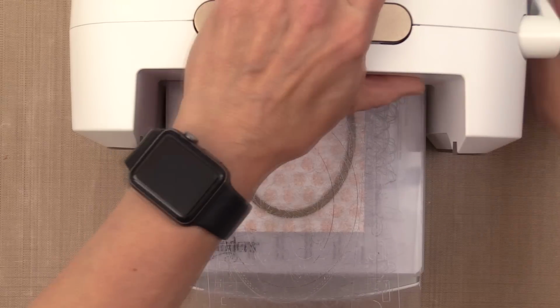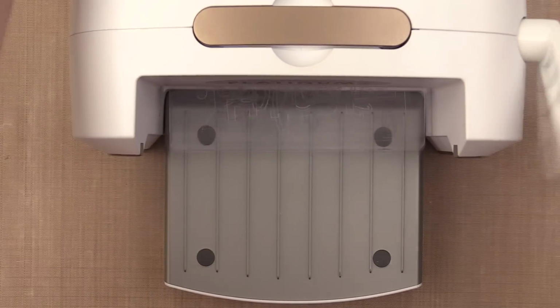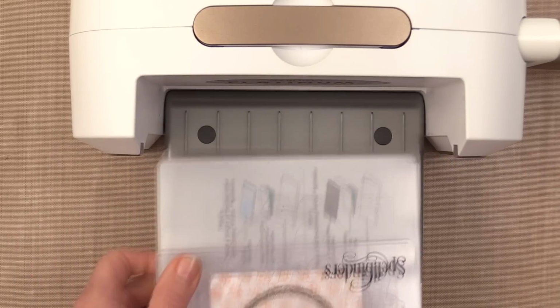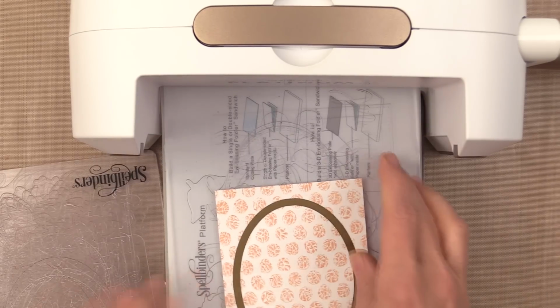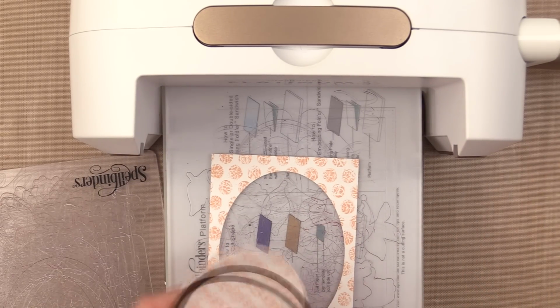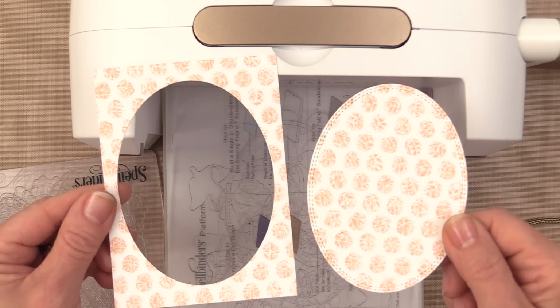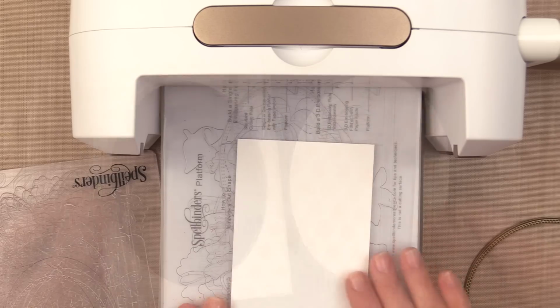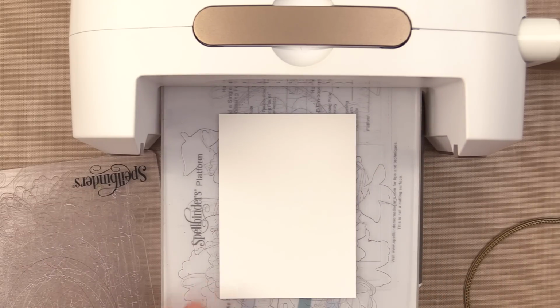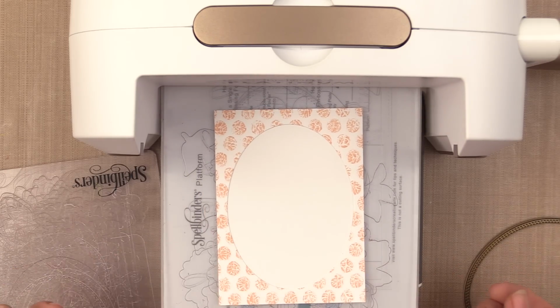Now, if you're concerned about it moving at all, you can always secure it down with a little bit of purple tape. So once that's cut out, now I have a frame, and I also have an oval that I'm going to use for another project. So don't throw that oval away. You can use those. Now I have a smaller piece of cardstock, and I'm going to lay that on top